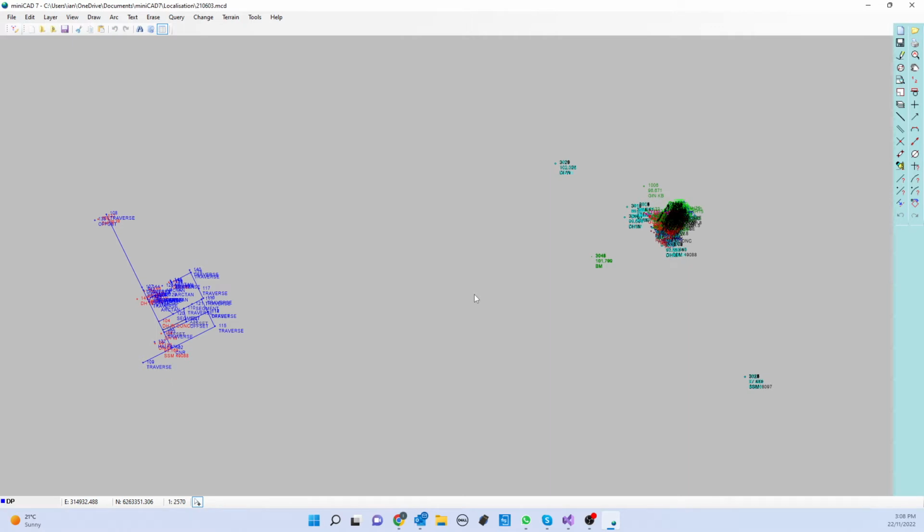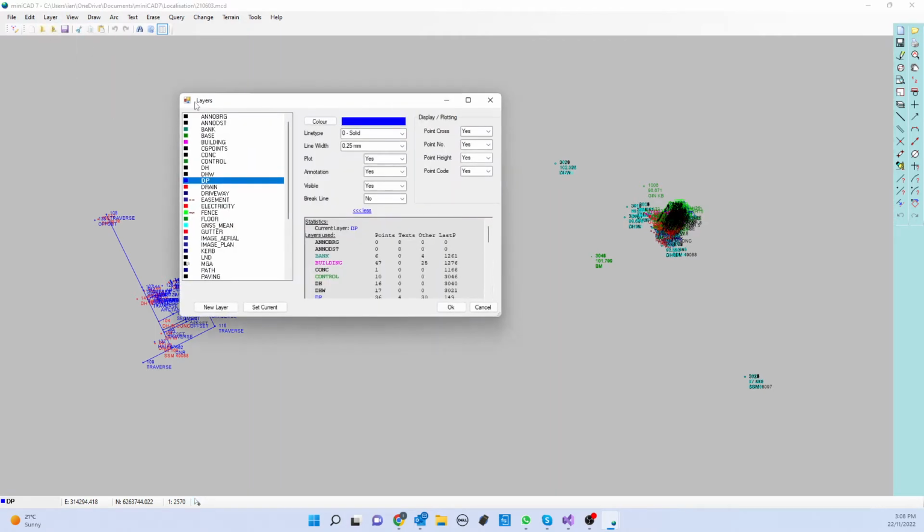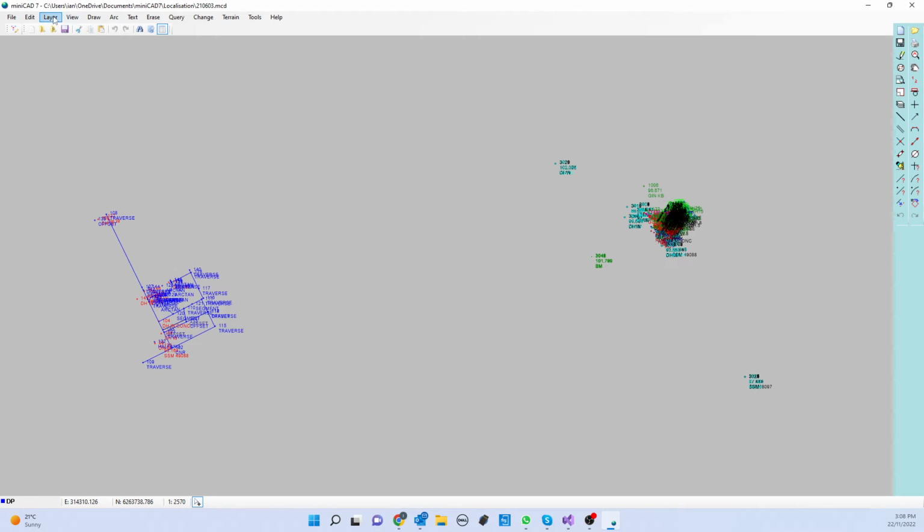The first thing I want to show you, which is using the localization, is that when I opened this job, first started the job, whether you bring in points or you just start a new job, miniCAD will always bring in that template file. So if we have a look at the layers, you probably can't see, but this GNSS mean layer is automatically created, plus all the other layers that were in that other file. But the other thing is the point selection